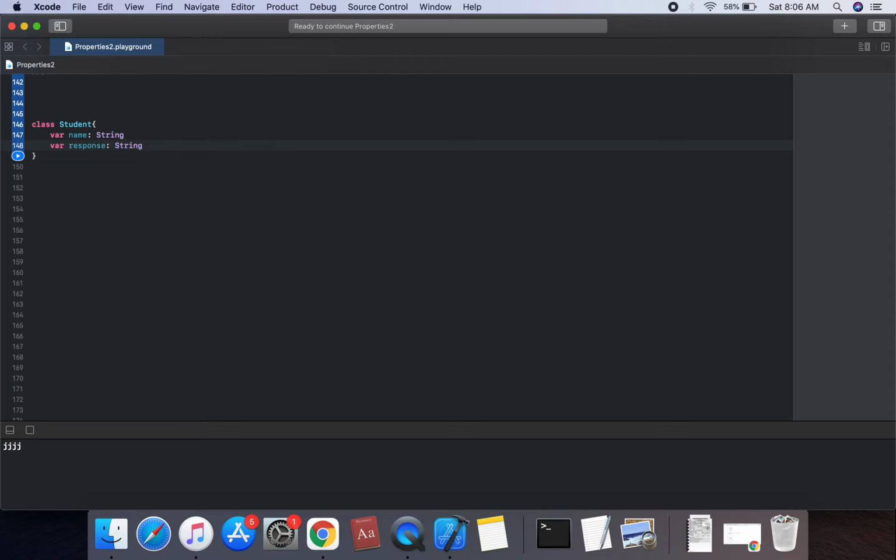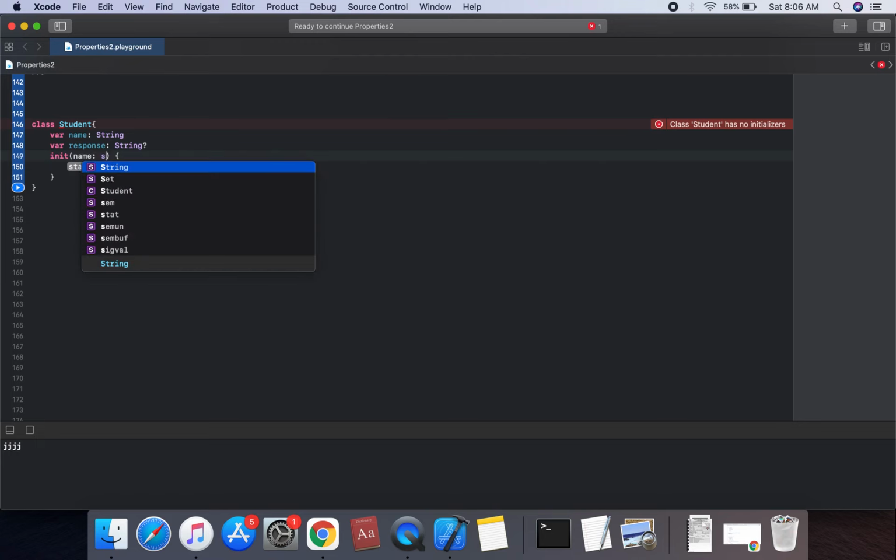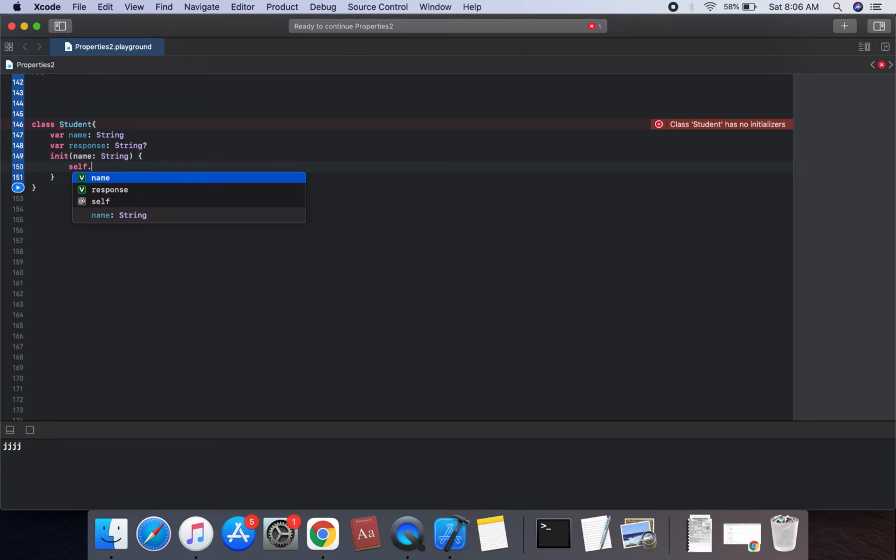The class needs an initializer, so name is of type String and self.name equals name. So name is initialized.